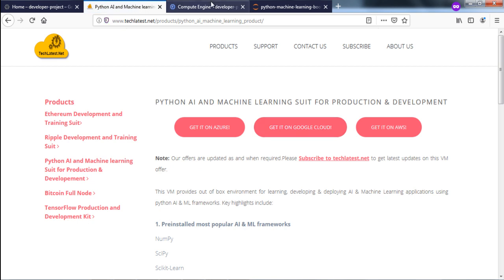The other option is you can go to the Google Marketplace, search for TechLatest and select the VM, and from there we followed the instructions, created the VM and got it provisioned. After that we reset the password, and then we connected through the remote desktop using the public IP, and also connected through the browser